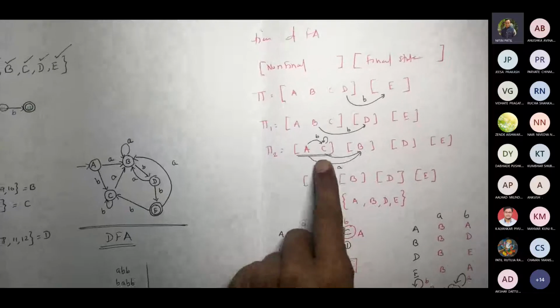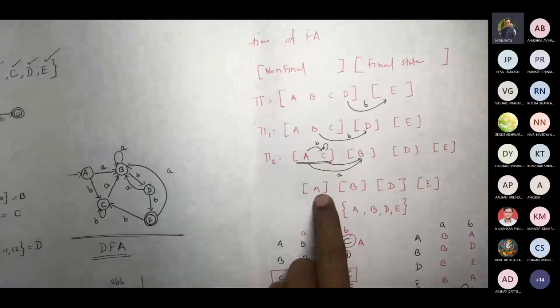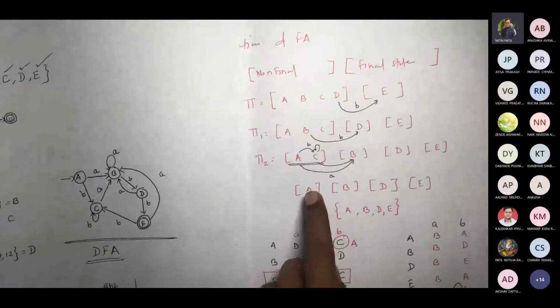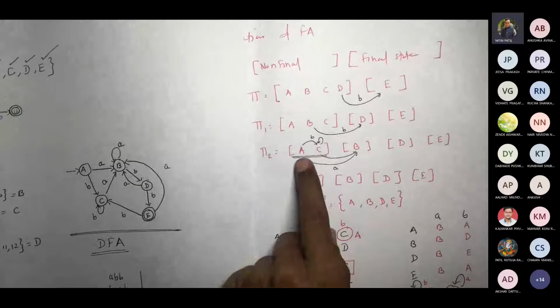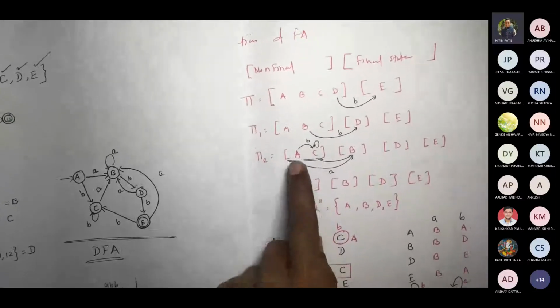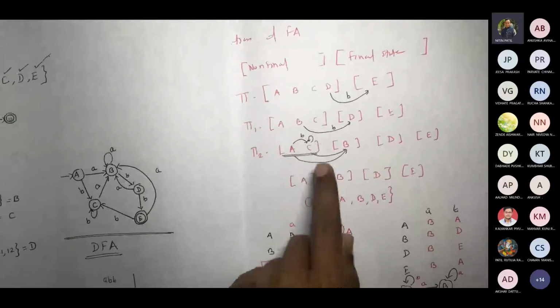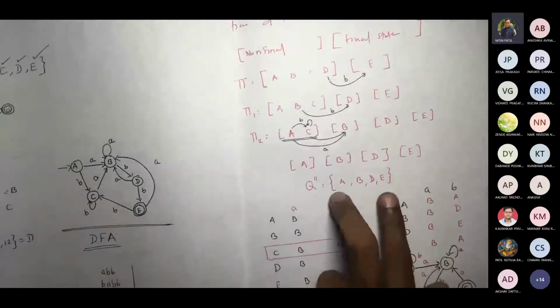And whenever you don't have any option available, you terminate your construction here directly. So now you give any name among this A or C. You can give C too, not a problem. But only in that case C would be your initial state. Because we know that A is initial, that's why I'm taking this A over here. So I took A, I removed C, I took B, I took D, I took E. This would be my new set.